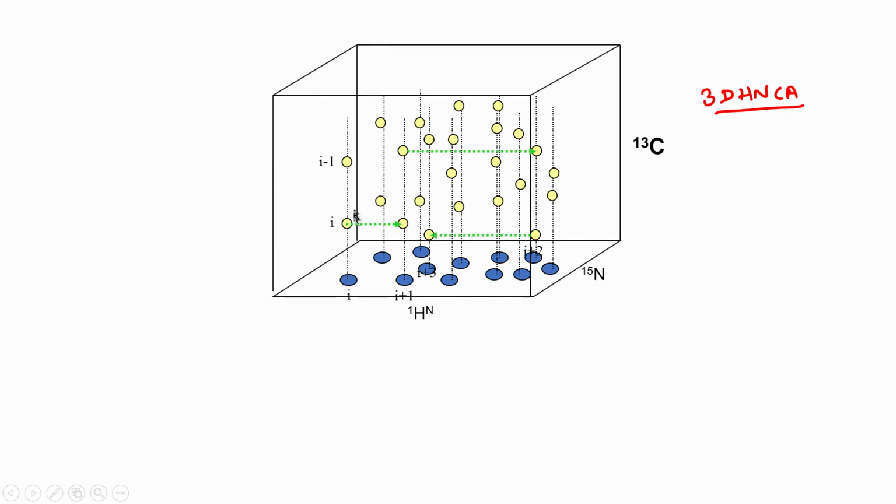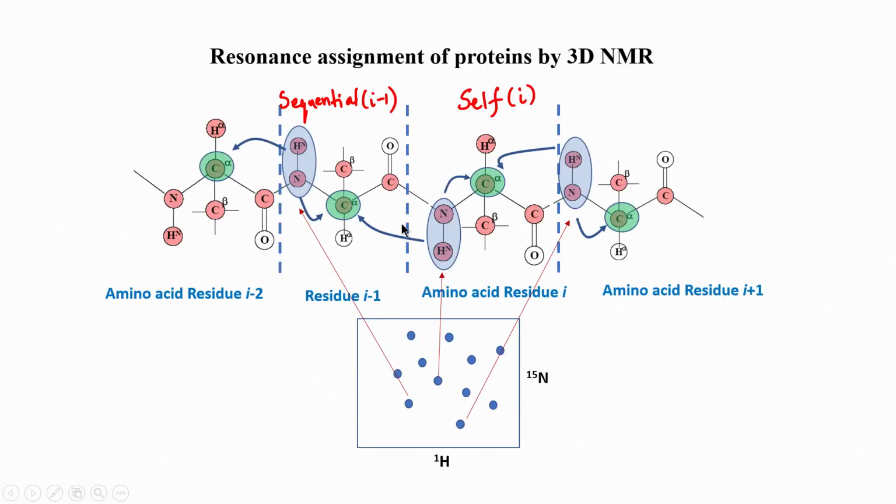Now, I will search in this whole 3D cube where this I now appears as I minus 1 to I plus 1. So, for I plus 1, the I minus 1 is nothing but I. So, the sequential of I plus 1 is I. So, this I and I plus 1 they share this common chemical shift C alpha I. This is what we saw in the previous slide. In the previous slide, let me go backwards a little bit.